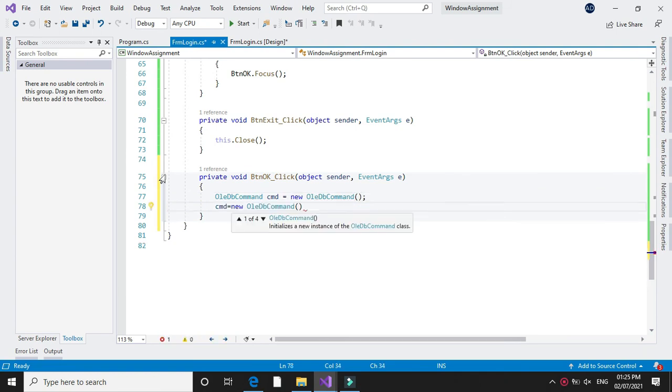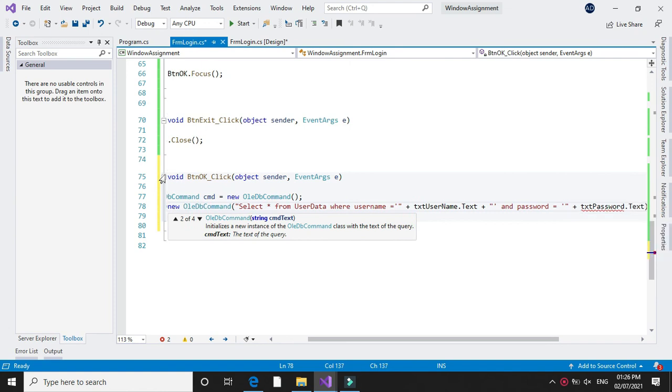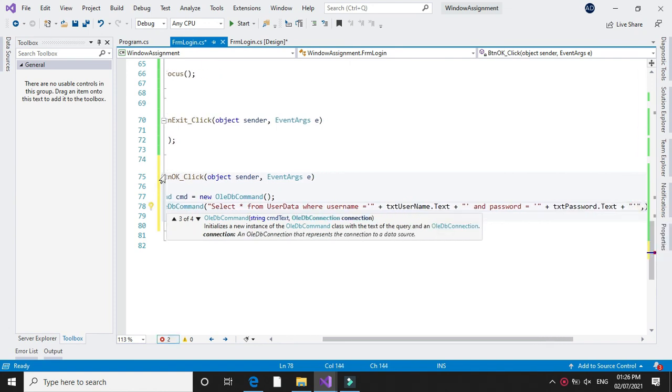In this command object, we will use a select statement: select star from our table name, that is userdata, where username, that is our field username, is equal to, since the data is text, we have to use single quote, then double quote, then plus txtUsername.Text, and password, which is also our field name, is equal to the password that we have given in our text box, txtPassword.Text, and comma the connection object.